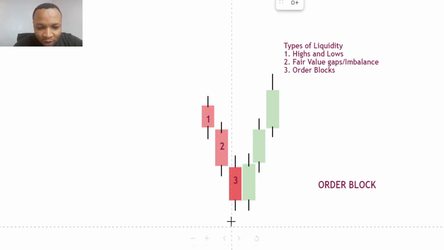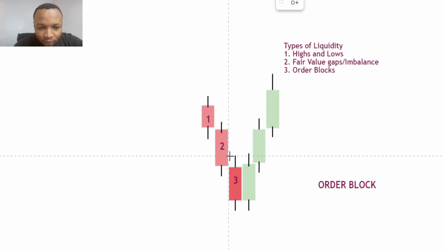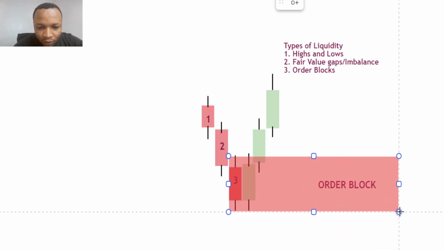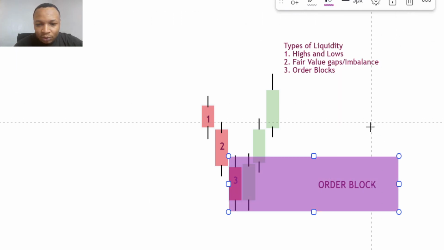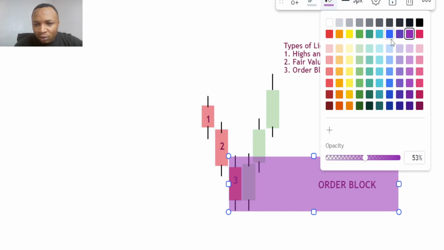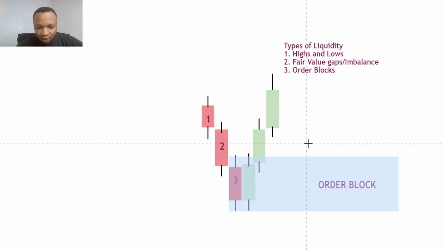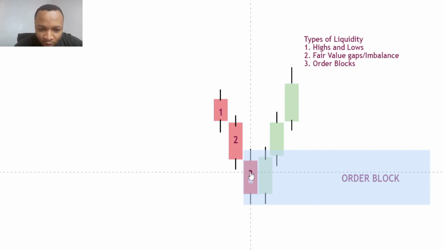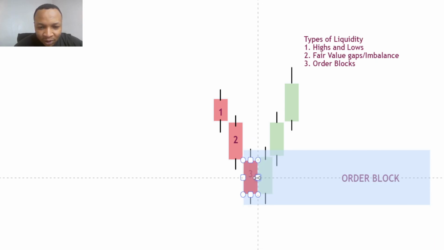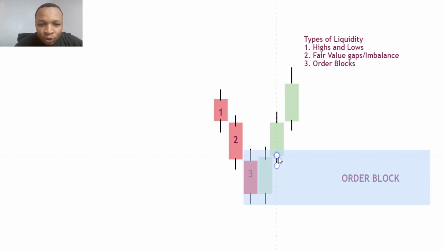So we simply do something like this. Let me change this color so that it is something that everyone would be able to relate to. Alright, let me look for a more faint color. Alright, so this is it. So this whole region is the order block. Because of this particular block right here, orders were stacked when price got to this particular price point. That is candle number 3. I'm marking it out for reference purposes. So this candle number 3 is the order block. Orders were stacked right here. That is why when price got to this place, we started seeing this whole push